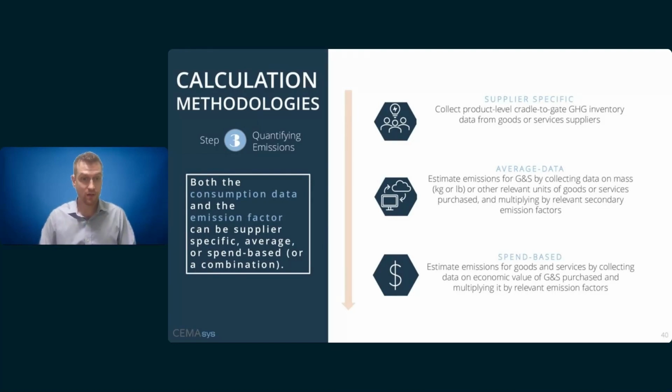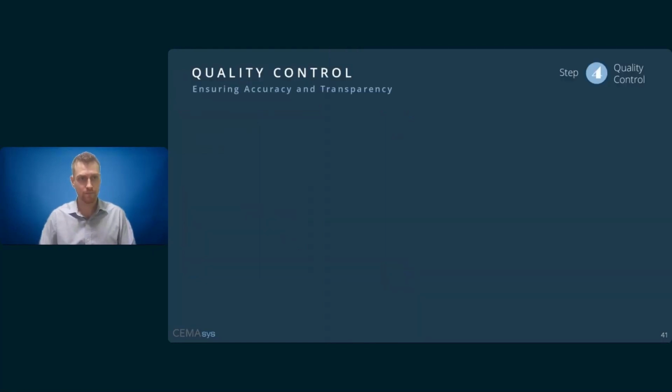Okay, so that wraps up our discussion for quantifying emissions. We will now move on to step 4, which is performing a quality check. All right, so we're now on step 4, quality control. So we've put together